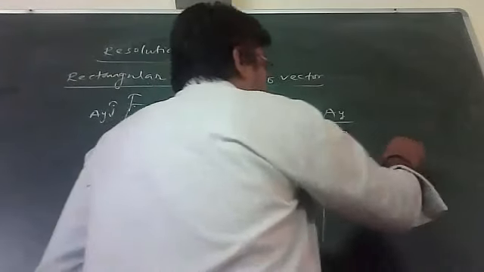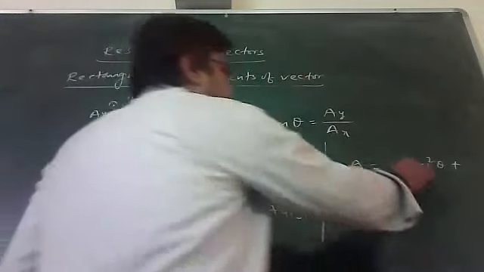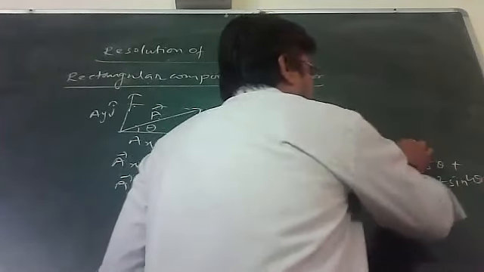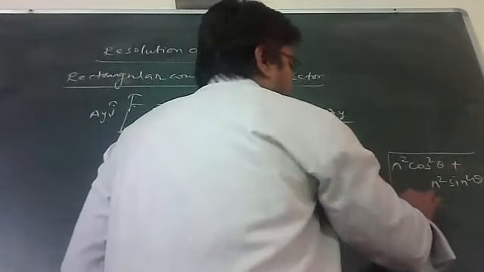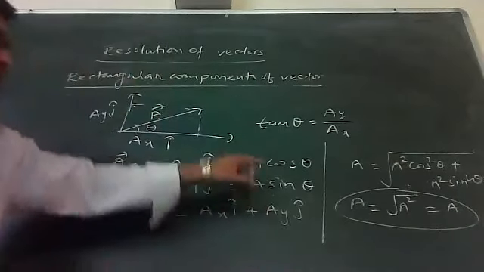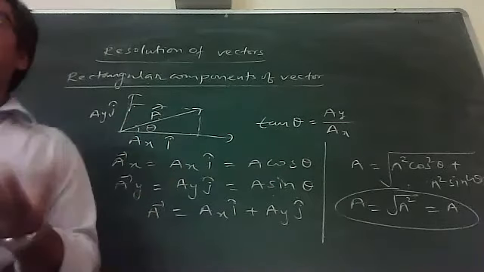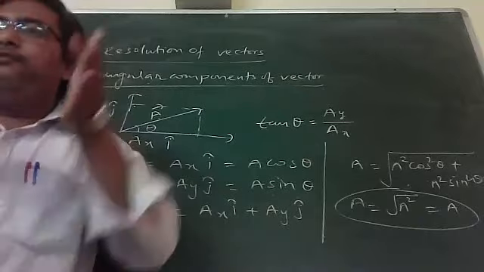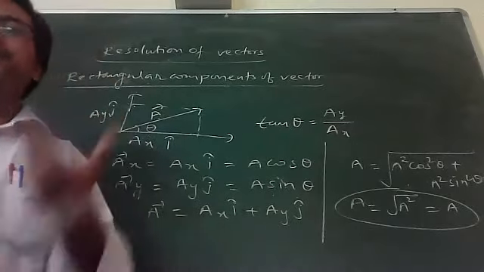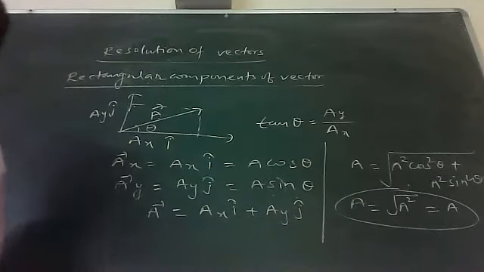So what is the modulus of this side? You will get A squared cos squared theta plus A squared sin squared theta, and take the root of this. So what will you get? A squared is common, and you will get finally only A. That means if I add these components, my resultant is A. And if I am not splitting into components, my vector is still A. So the effect of all the components will be similar to the actual vector. I hope this point is clear to all of you. Quickly note it down.